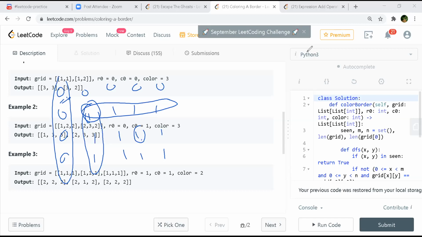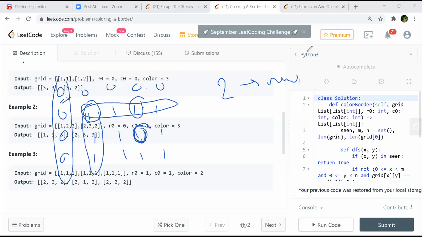So in this case, if our color was supposed to be 2, and this is our starting point, the old color is 1, right? And we have to actually color with this new color, which is 2. So you start from here, you go here, but then when you move from here to here, you know that this is a border, correct? So how do you keep coloring? Either you keep coloring from where you come from, like make this 2, make this 2. But in this case, you are actually making this also 2, right?